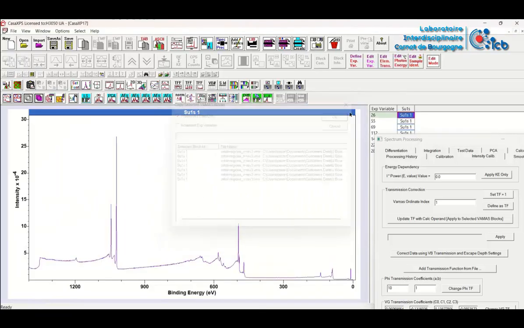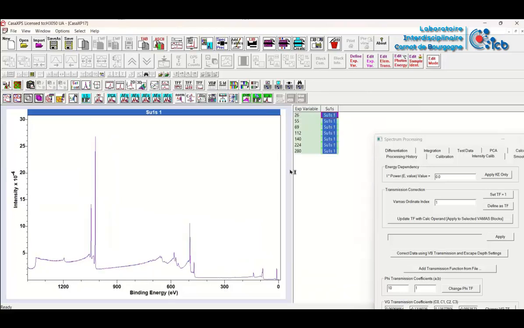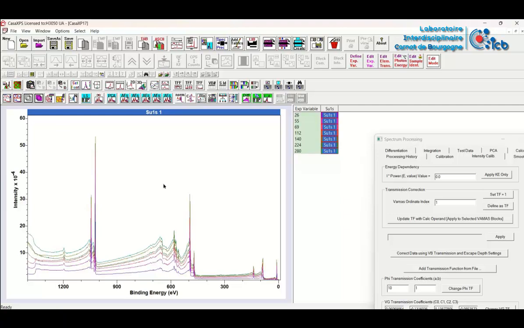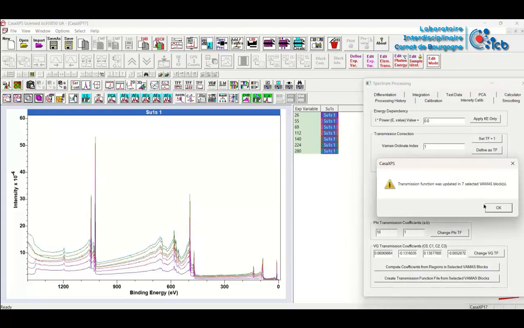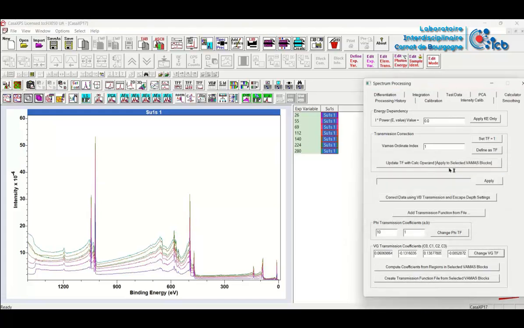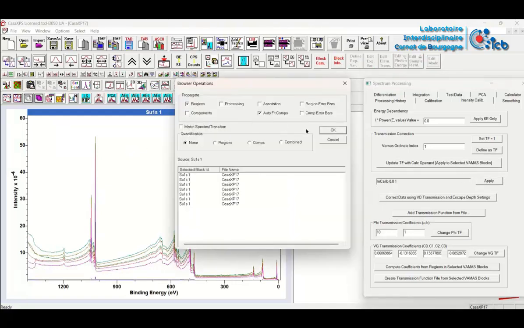I'll take the process data only, so I leave all the regions behind. Then if I overlay these data to see how, as a function of the pass energy, the intensity changes within these spectra. So they're not at all equivalent right now, but once we apply the transmission function to the data,